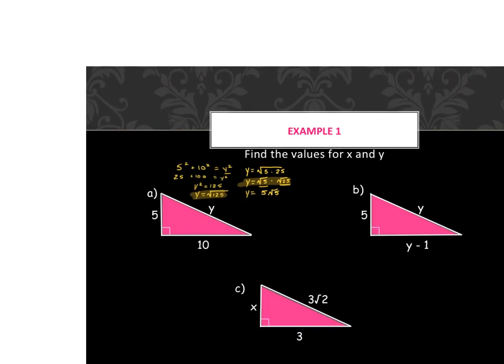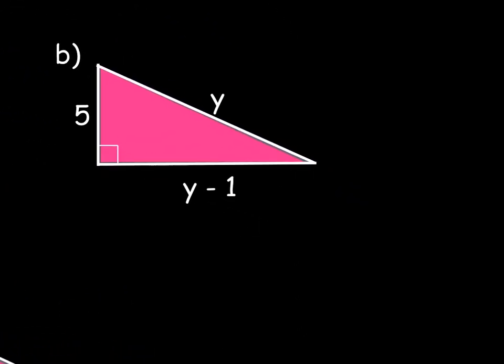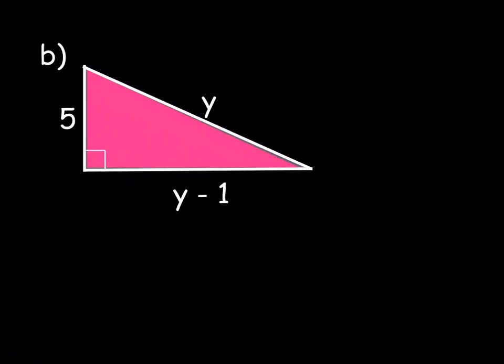Okay, moving on to B. Who's up? Somebody help me out. Colette. You would do 5 squared plus parentheses y minus 1 squared is equal to y